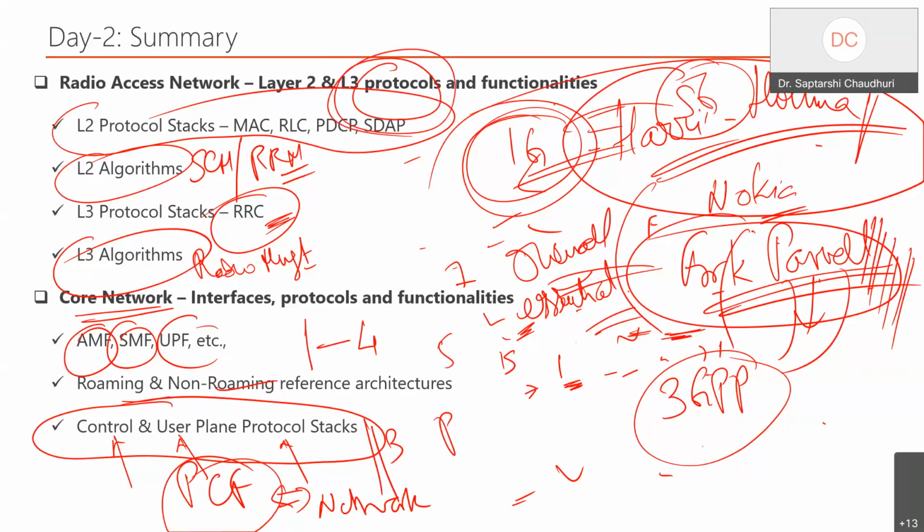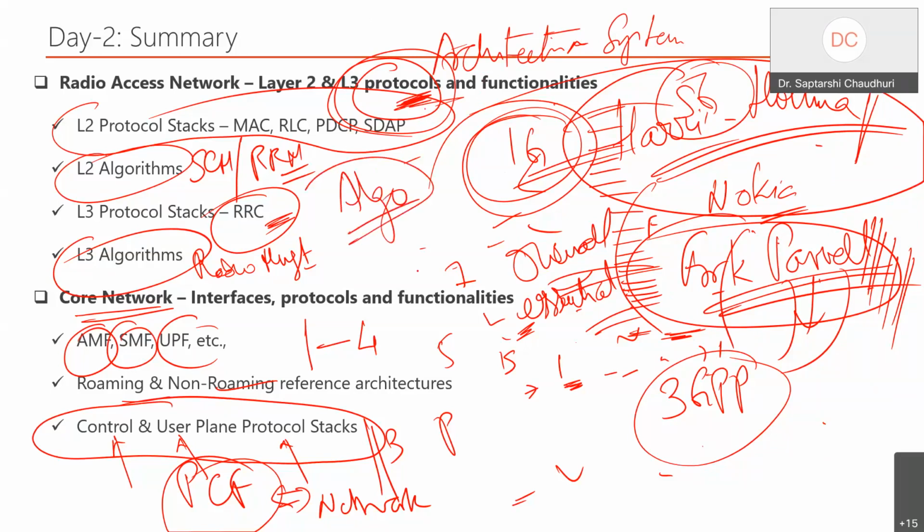They will not talk about algorithms, by the way, because they are the people who define the overall architecture and the systems. How it looks overall and how the system will look, that is where we understand the philosophy of why there are so many RNTIs, why this, why that, why this protocol has been invented. All these things they will talk about, and it's a good book to read. They don't get into the algorithm part. Algorithms are a separate activity.